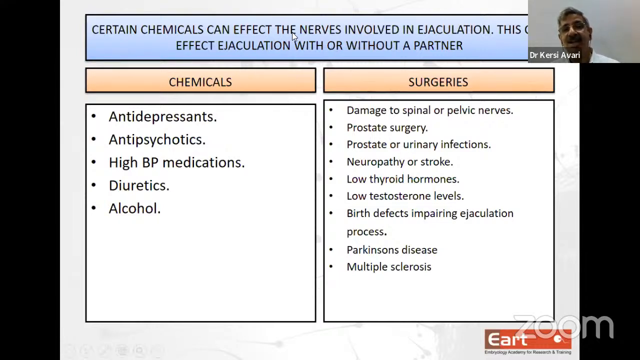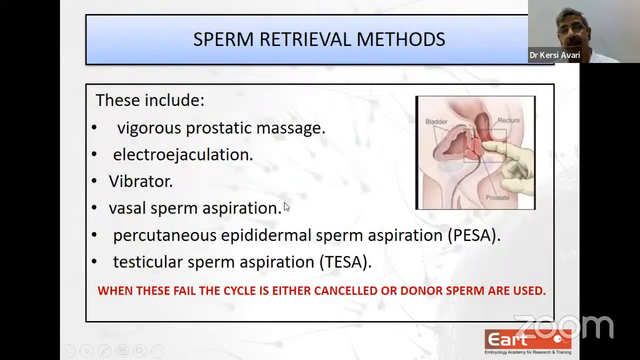Certain chemicals can affect the nerves, and even in surgeries, if there is nerve damage, that problem could arise. Now, in that case, what to do? You have to retrieve the sperm. Sperm retrieval is done manually by an andrologist, who will give you a prostatic massage, a finger insertion through the anus, or even when they test for prostatic swelling, prostatomegaly or hyperactivation of the prostate, because